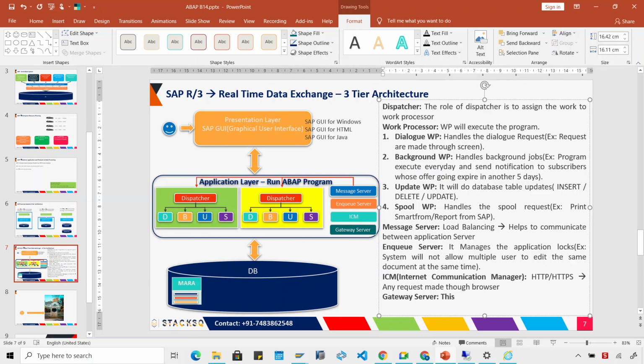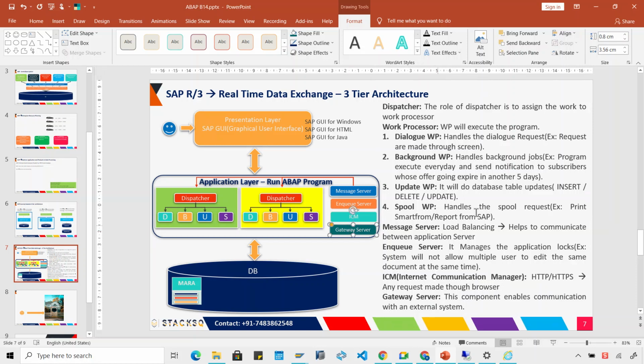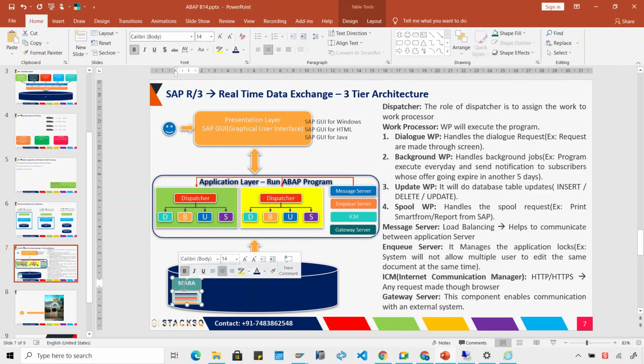Means remote enabled systems with other systems. So this component enables communication with an external system, if it knows it. If this system knows that another system trying to request the data stored in this table has a trusted RFC connection,